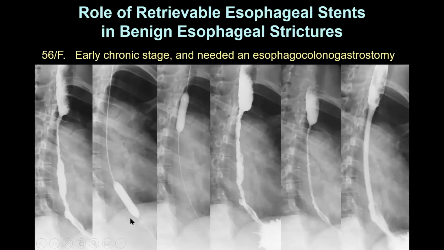This is an example with multiple recurrences after balloon dilation. In this patient with early chronic stage of corrosive esophageal strictures, we repeated balloon dilations many times and stent placement, but with frequent recurrences. So she eventually underwent an